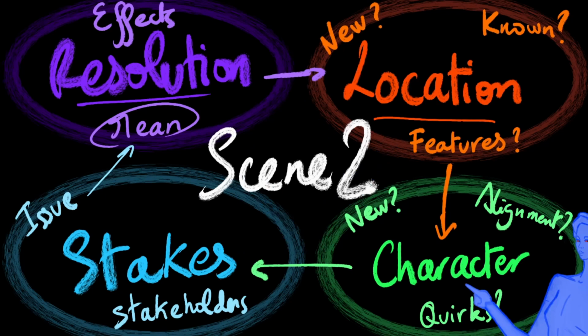Same logic applies for characters. So, we arrive in the location. Is it new? Is it already known? Okay, we meet the character. Is it a new character or is it already known? When a character